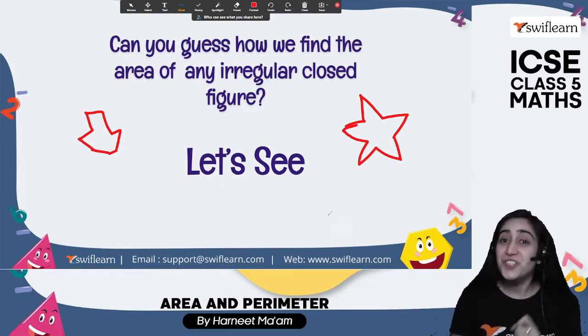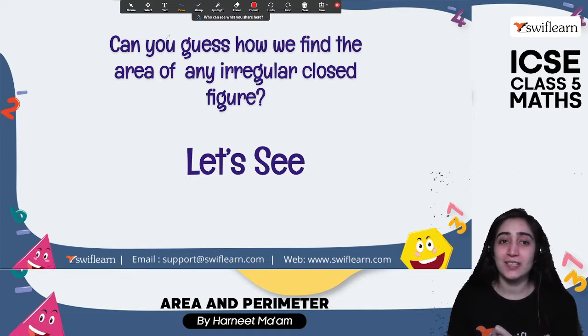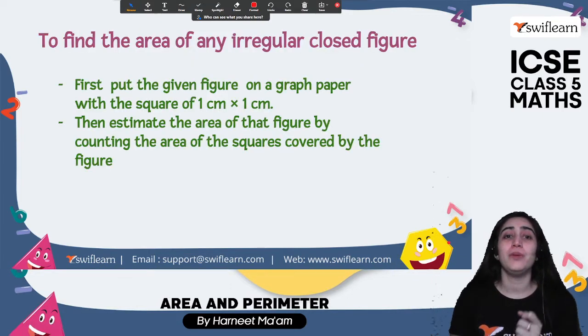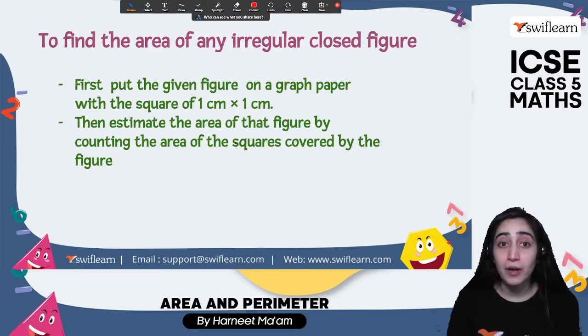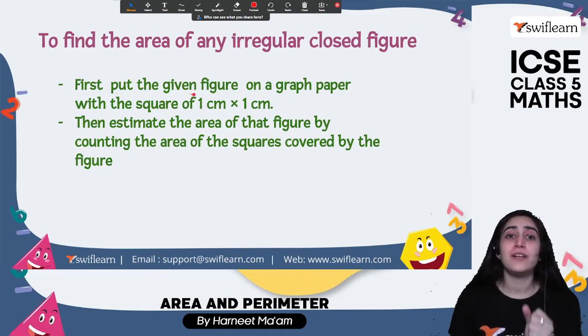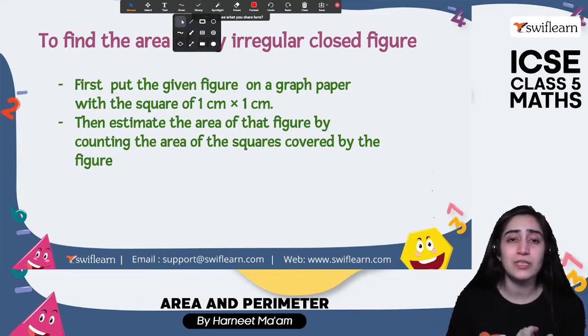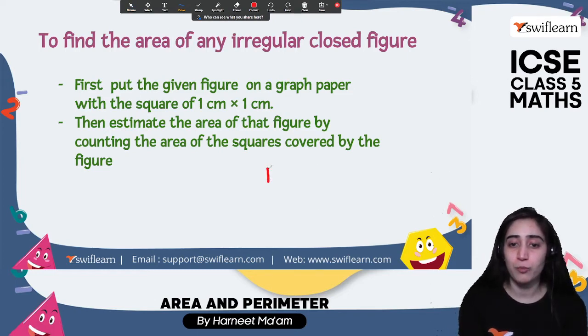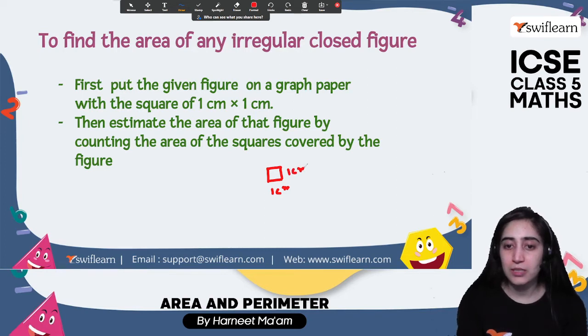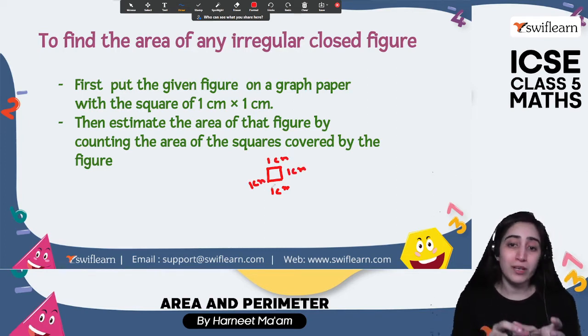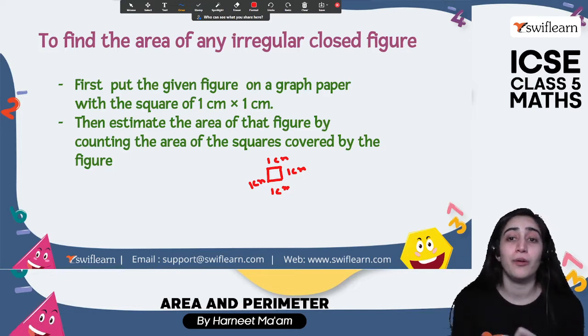All right. So to make it easy, what is the technique that we are using? We will be using a graph. First we'll figure it out on a graph paper with 1 centimeter squares. When you see a graph paper, we have small boxes, right? So it's 1 centimeter, 1 centimeter up, 1 centimeter up. Now what we'll do is estimate the figure on the graph paper.